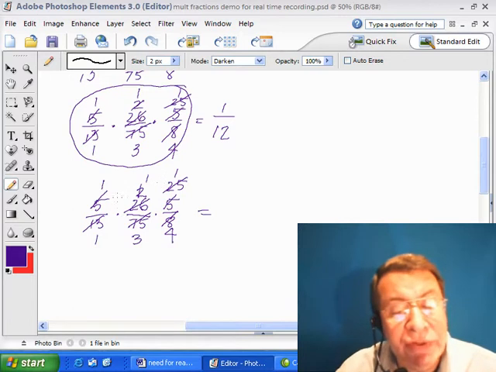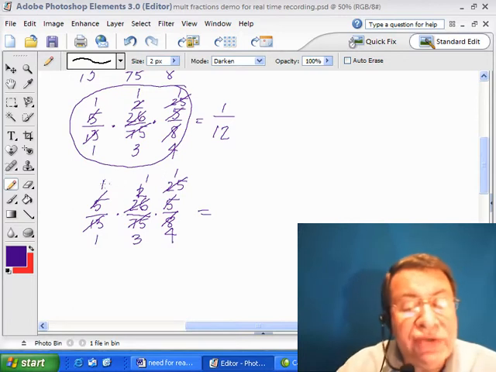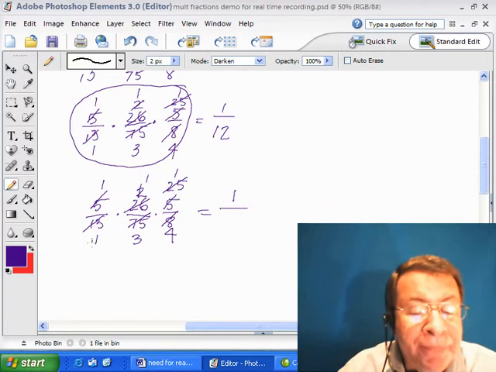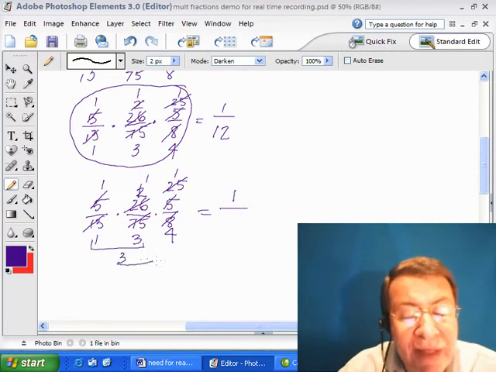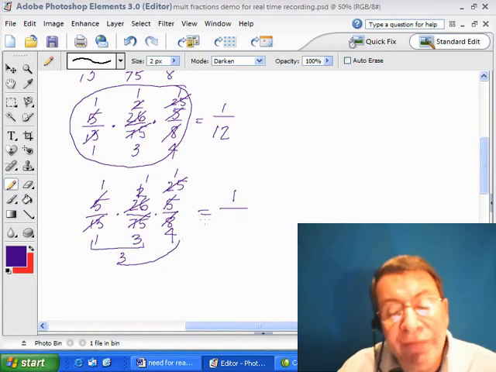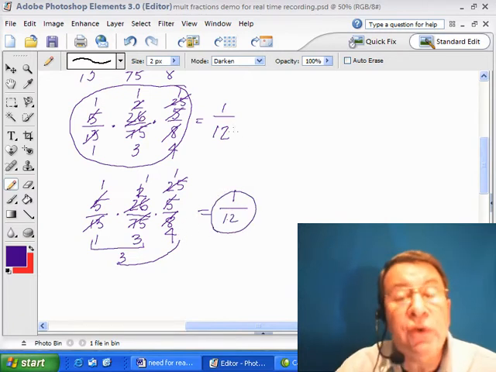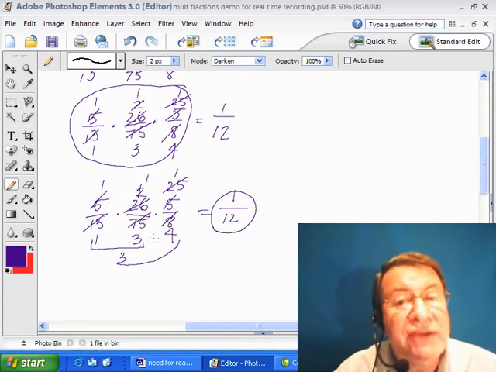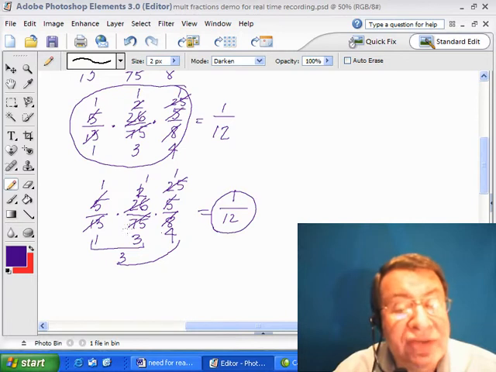Everything cancels, so what we are left with is a series of ones on the top, and if we multiply all the ones together, we get one. On the bottom, if I have 3 things to multiply, I multiply 2 at a time. It gives me 3, and then take that answer and multiply by what's left, and that would give me 12. As you can see, we do get an answer of 1/12, which is what we were told, and now, even though this is a mess, you'll be able to play it back and see the steps that were required to